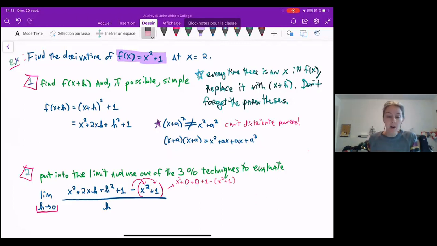So what I have there is x squared plus 1 minus x squared minus 1, and all of that is over 0, sorry about that, and that gives me a 0 over 0 when I replace that h with 0. That is always going to happen, and it makes sense that that's going to happen because if we think